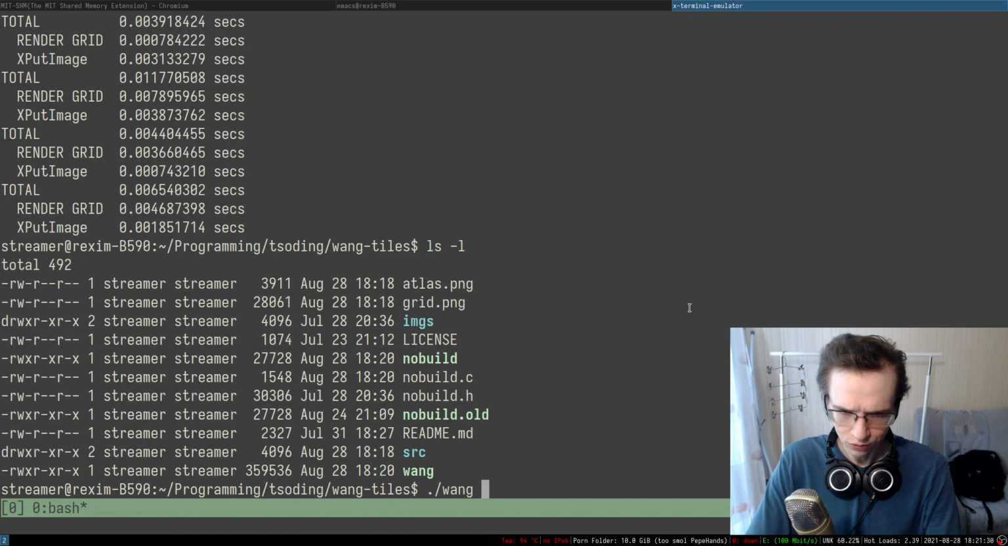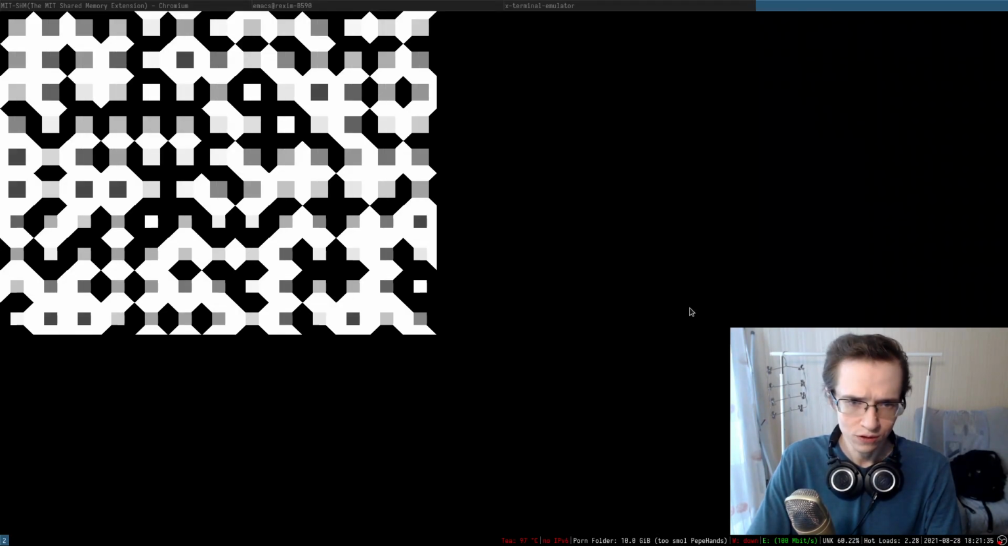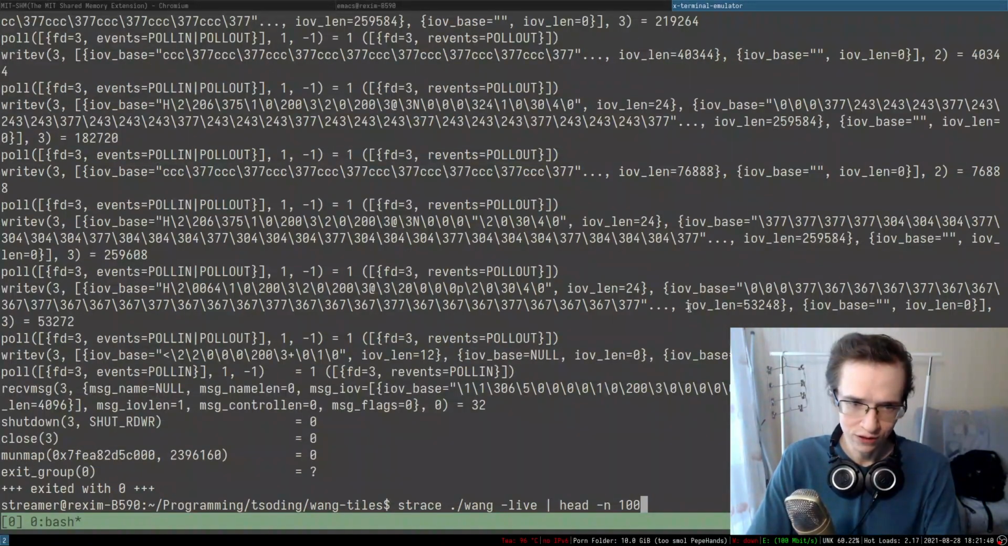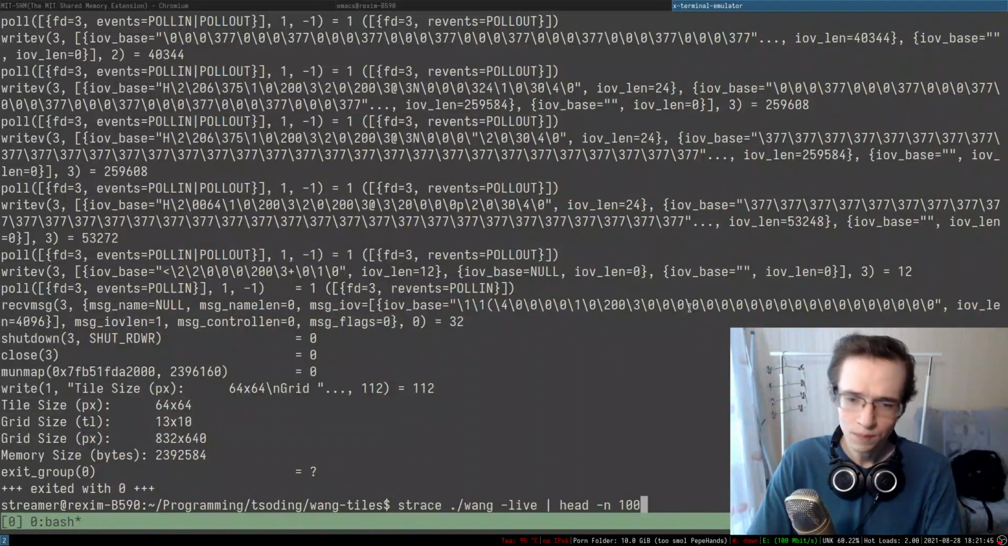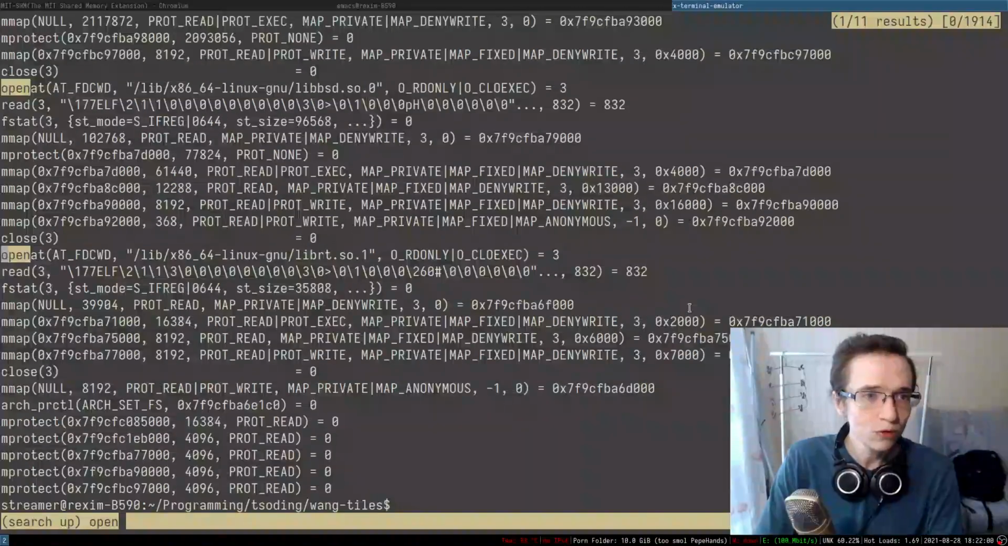We can actually confirm that. Can I do something like live? Okay, so this is live, and then I'm going to do strace. What I want to do is take the first 100 lines of this entire thing, and strace probably prints a lot to the standard output. So let's redirect standard error to standard output and take the first 100 lines, and let's find all of the open